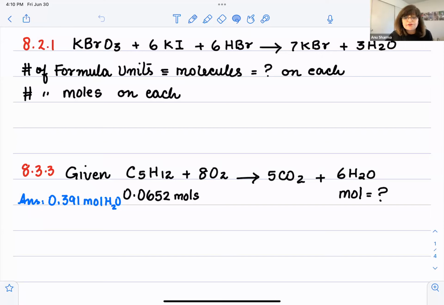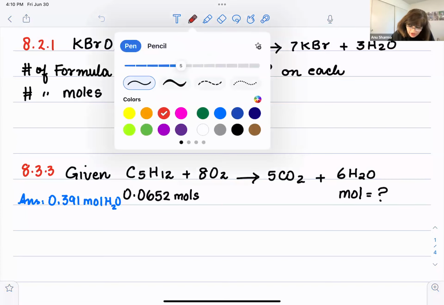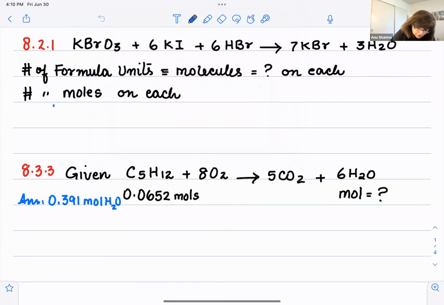In other words, we have the old term molecules, how many molecules are reacting on each side, the reactants and the products, and a more modern term is the moles, how many moles are on each side, the reactants and the products. So here we see, you can say that we have one molecule, or this is the formula unit, one molecule of potassium bromate, and this also means 1 mole of potassium bromate is reacting with